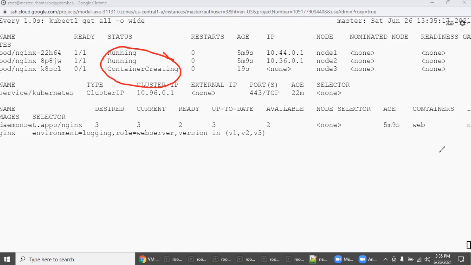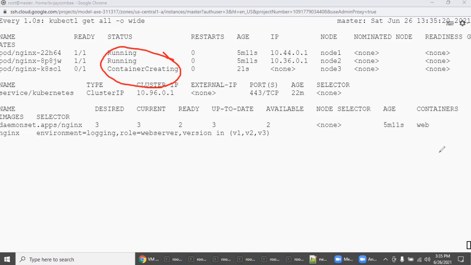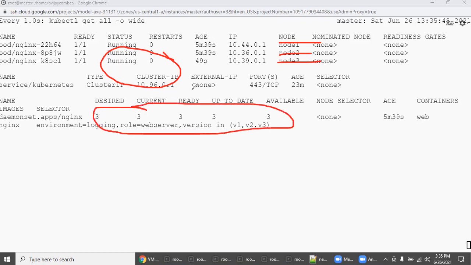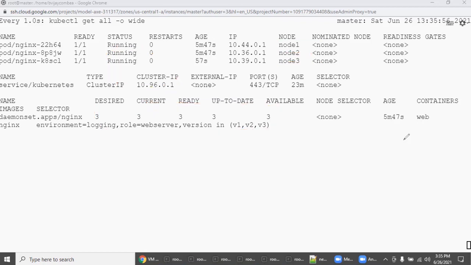If you are expecting some application to run in each worker node, one copy each, you can use the daemon set logic. Even if you forgot, whenever you add a node, the standards are automatically applied. Then daemon set will be really useful. See now, node 1, node 2, node 3. Even if you remove one worker node, this will keep on being up to date. That is the real robustness of daemon set.